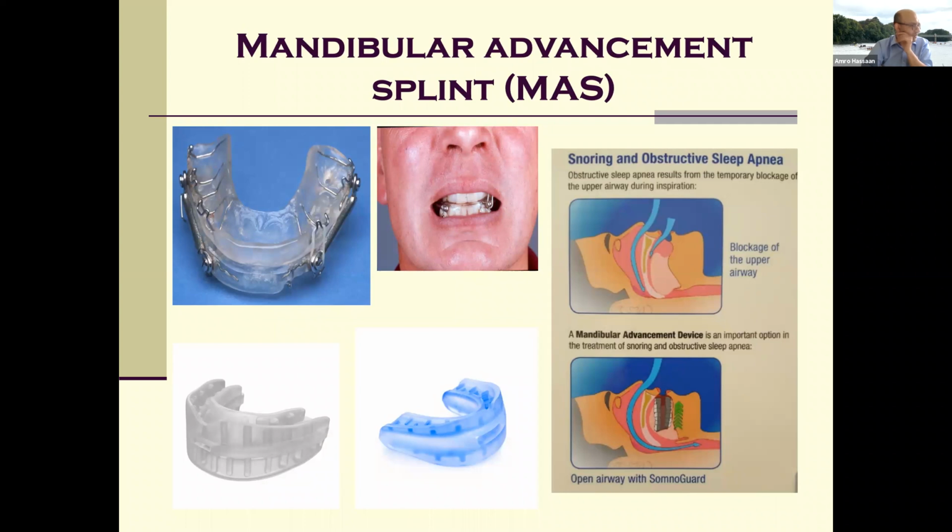These are some mandibular advancement devices. There are many, many on the market, from £15 boil in the bag ones to having it bespoke made by your dentist at £400 or so. This diagram on the side here, made by Somnogard, who also make this one, shows how, if your mouth is open, your tongue falls back and obstructs your airway. Whereas if you can pull your tongue slightly forward, remember the tongue is attached to the genioglossus, which is attached to the tubercles at the front of your mandible. If we can bring your mandible forward, then that pulls your tongue forward, opening up your airway.